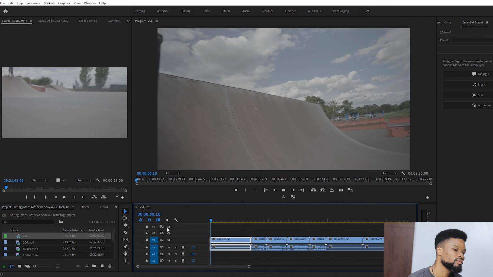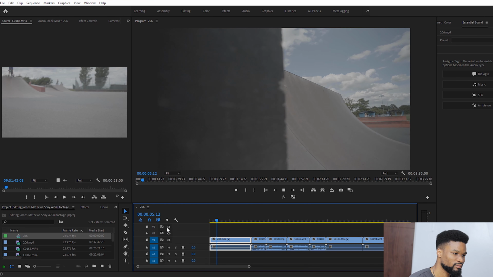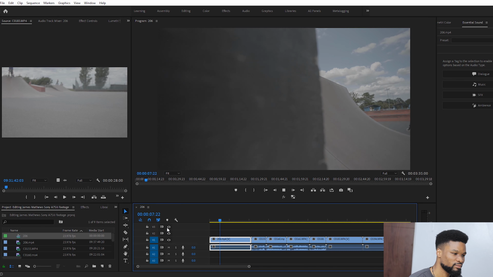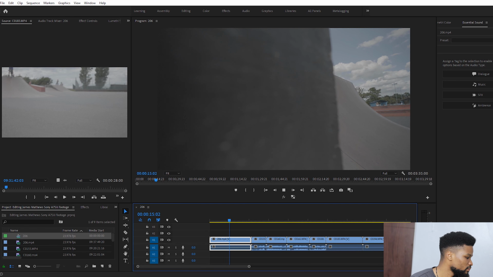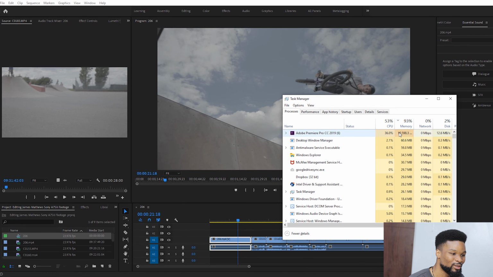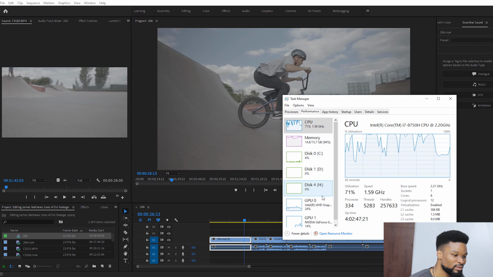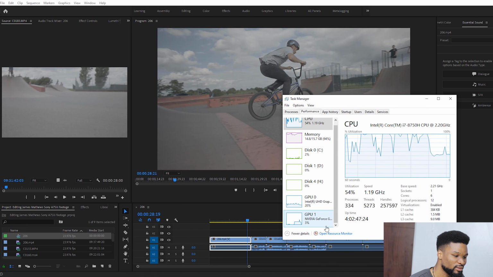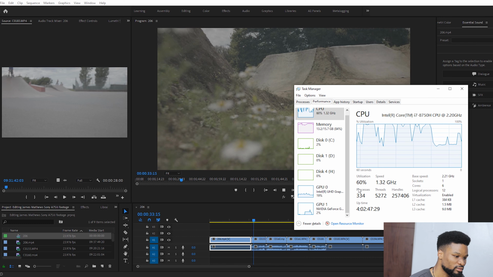Let me carry out the playback test, see if it's any better. Okay, not bad. This is the slow-mo clip. Let's see how much of my RAM this playback is consuming. Are you serious? 93%, 10.5 gig. That's a whole lot. Let me see the performance stats. Roughly 20% of Intel's UHD graphics and just 3% of Nvidia.